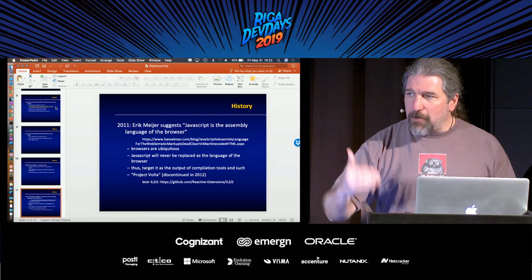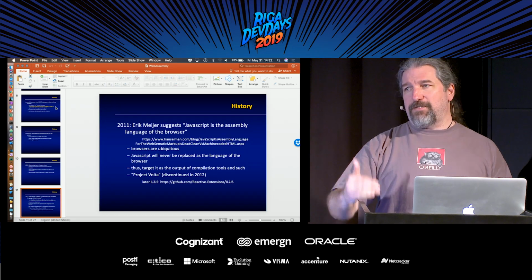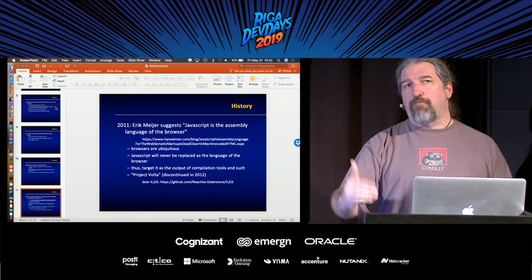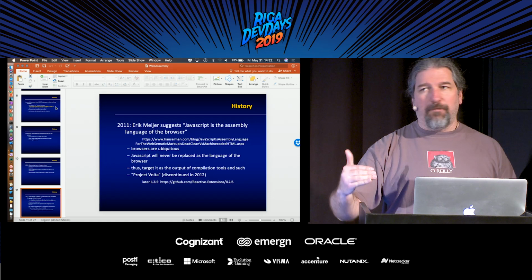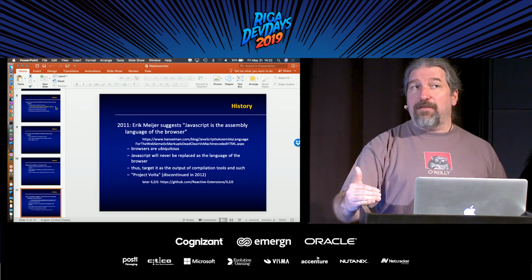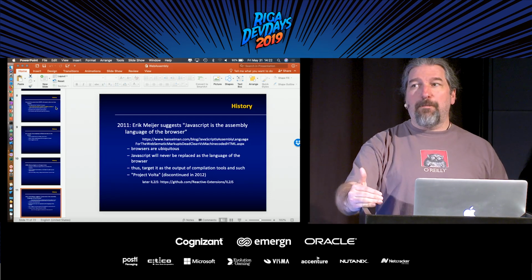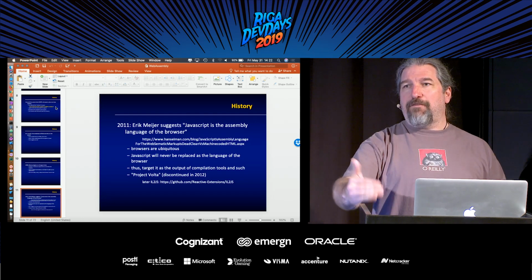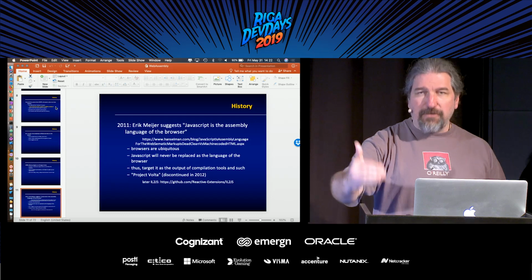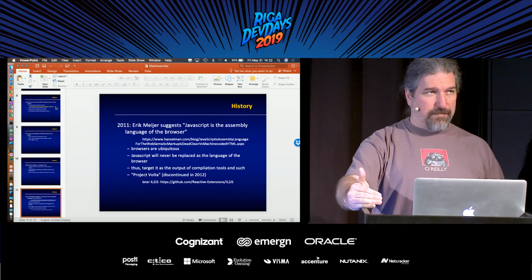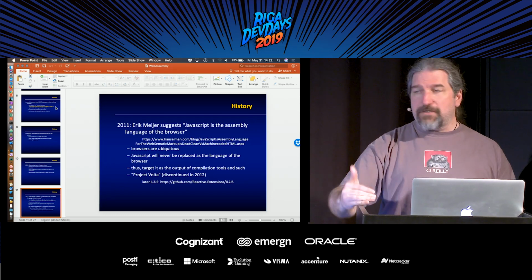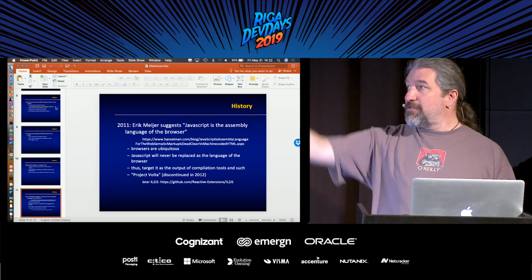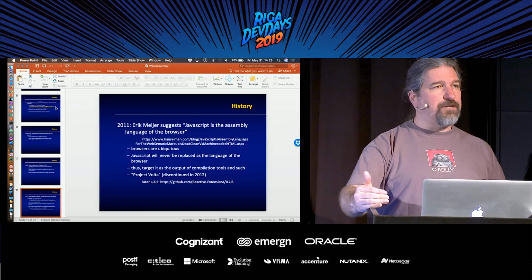And after so many years and several attempts to revitalize the whole browser applet concept, I'm looking at you, Flash, I'm looking at you, Silverlight, I'm looking at you, a bunch of other projects that never got off the ground. Ultimately, what we have come to realize is that the browsers run JavaScript and that's the end. And so people started talking about targeting JavaScript. Eric in particular had a research project